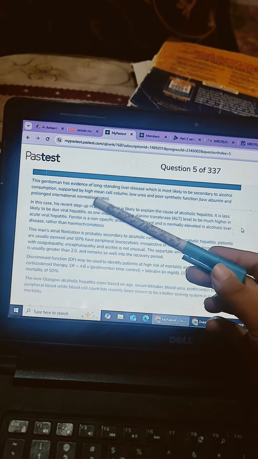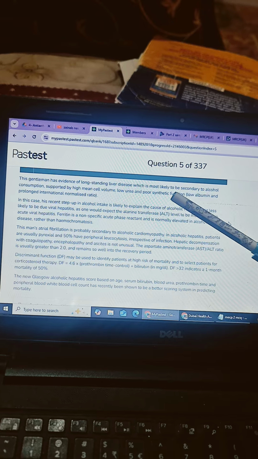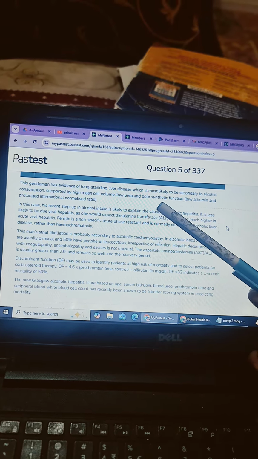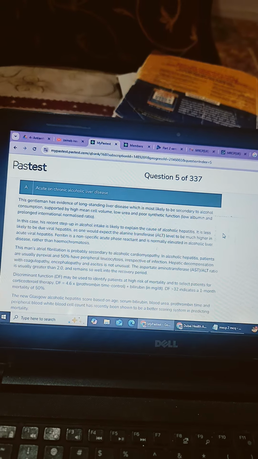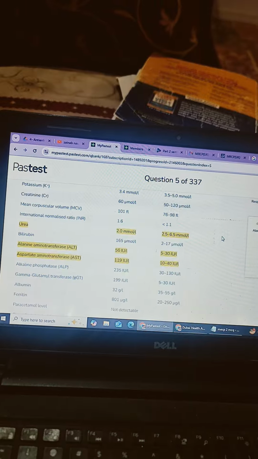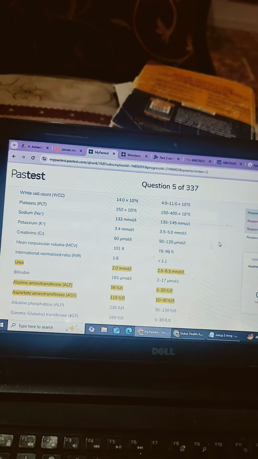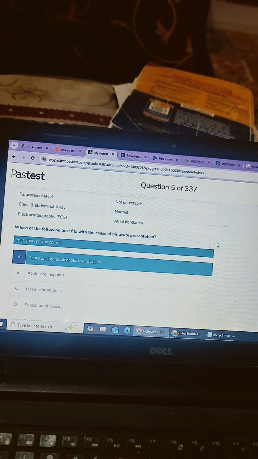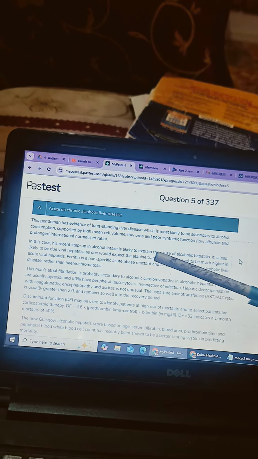This gentleman has developed evidence of long-standing liver disease, which is mostly secondary to alcohol consumption, supported by high MCV, low urea, poor synthetic functions, low albumin, and prolonged international normalized ratio. We can see here his urea is decreased, MCV increased, and INR is 1.6. He already had chronic liver disease. And now in this case, his recent step up in alcohol intake is likely to explain the